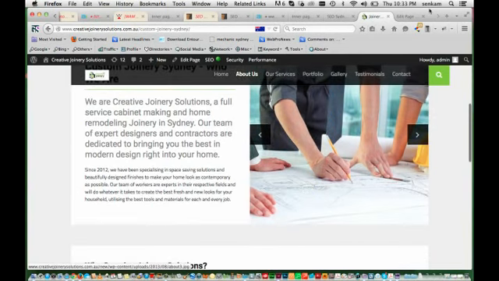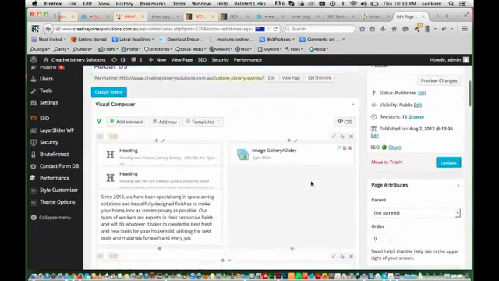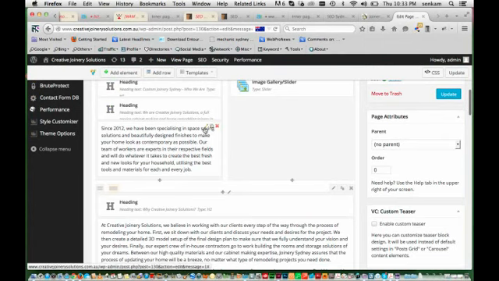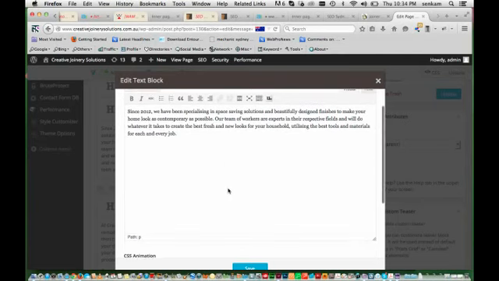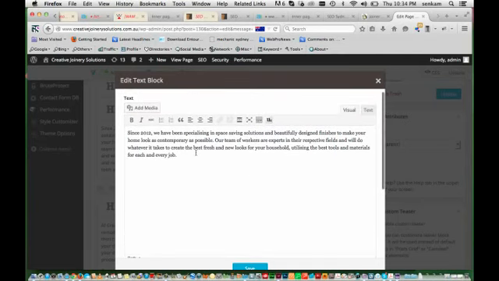And the text, of course, we'll go back into the About Us page. So we'll go into the text area now, and it will open up this box here. So whatever it is that you want to change, let's say utilizing the best tools and materials for each and every job, be sure to click here to